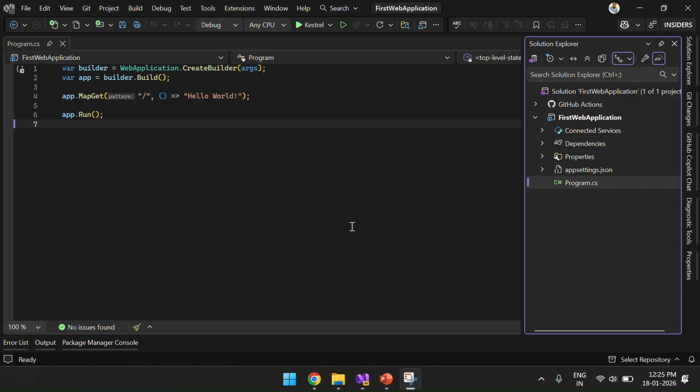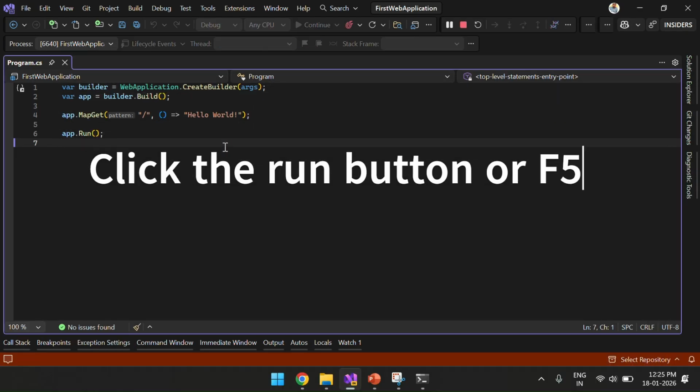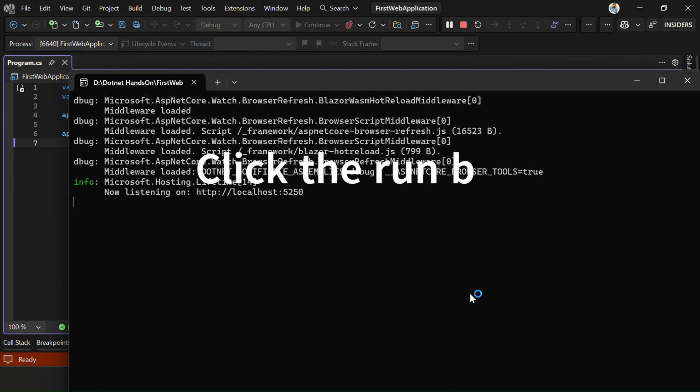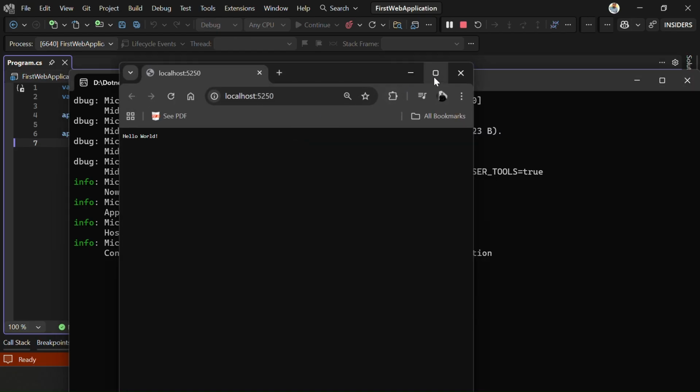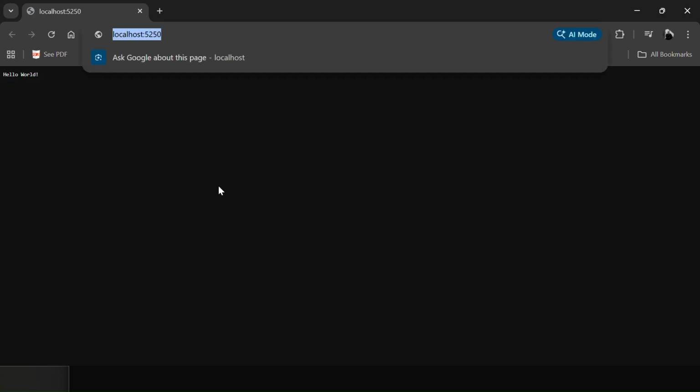Let's see how the HTTP protocol will be used in the sample project which we created before. Let's run this project. When we run this project, Visual Studio provides a server, the Kestrel server, for us in the background, and also it provides one client application, that is a browser,